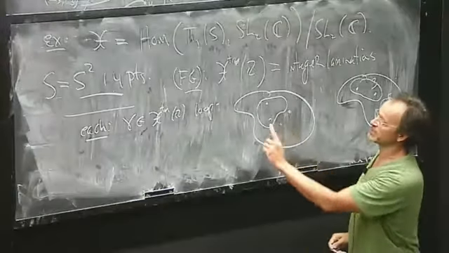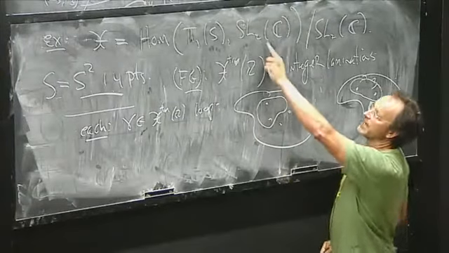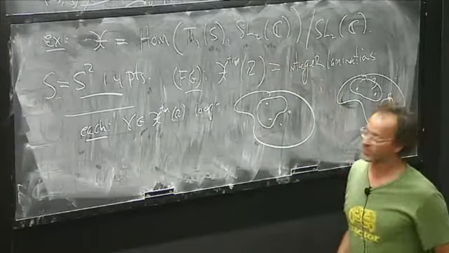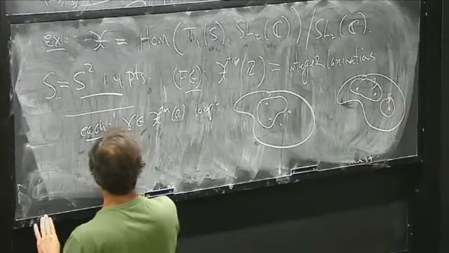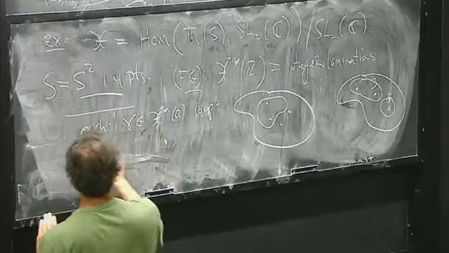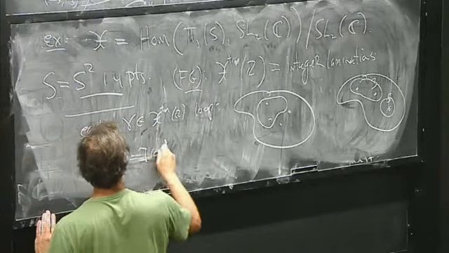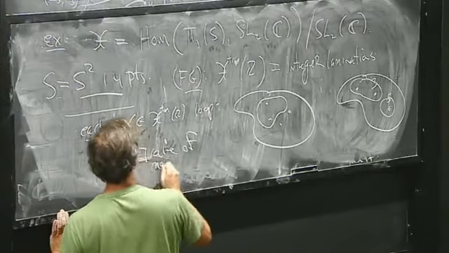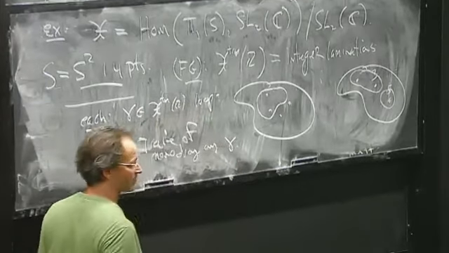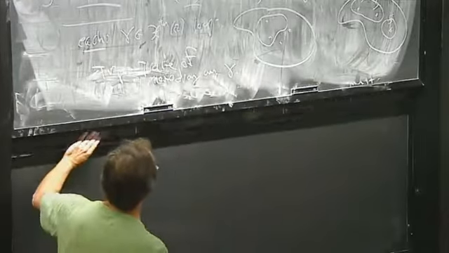So here's a loop. That's an element of the fundamental group. I get a matrix up to conjugation. If I take its trace, that makes sense. So I have the trace of the monodromy. I'll call that trace sub gamma, which means take the trace of the monodromy around gamma. It's an obvious function that you have on this space.